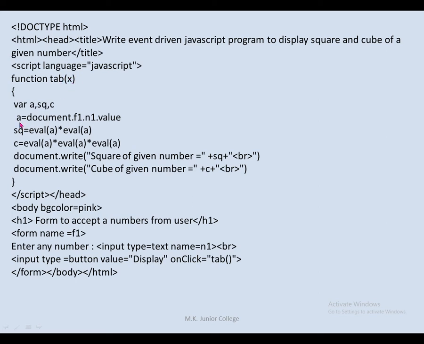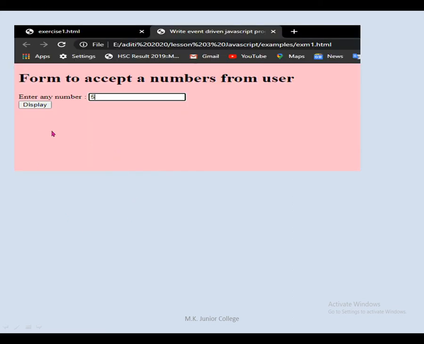So what will x be here? Inside x you are calling this value. Okay, so we'll see the complete program after writing this. Save your file in the same way with .html, then open it in a browser. Look at this. When you open it in a browser, at the beginning, as I told you, it will display a form.